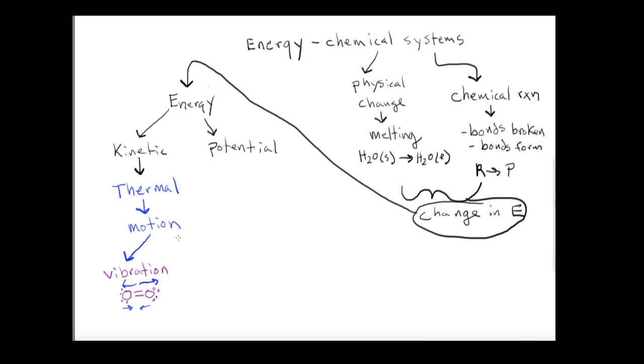And then the other type of motion we can have in chemical systems relative to kinetic energy is going to be translation. And the easiest way to understand that is just to think about a baseball. If you pick up a baseball and you throw it across the room, you've translated the ball from point A to point B. So it would be taking an object literally. And if this is point A, and you move it to point B.